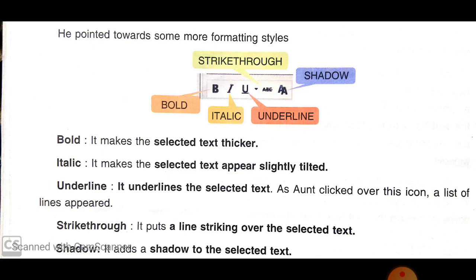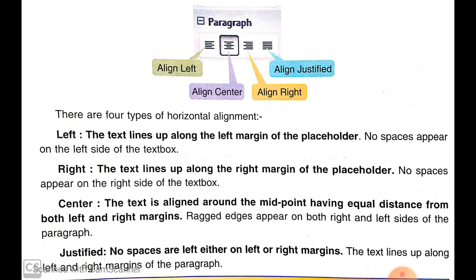Alignment is the orientation of text with respect to the edges of the placeholder, and its options appear under the paragraph option. There are four types of alignment: left, right, center, and justified.